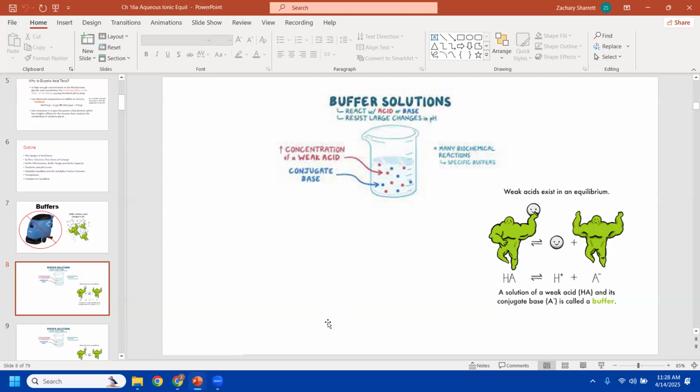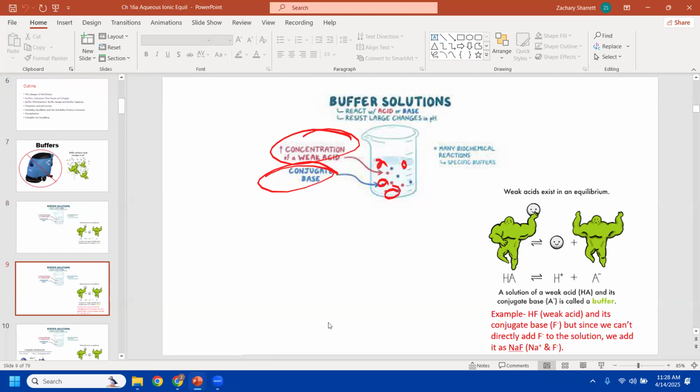We add a base to it, right? What happens when an acid and a base react? What do we get? Water. Very good. Is water going to change the pH of our blood? No. So basically what happens is if we have a buffer solution, you see in red we have acid, in blue we have base. If we have a bunch of acid in here and a bunch of the conjugate base,